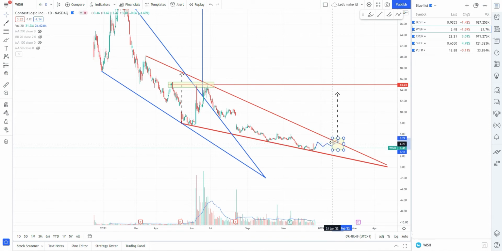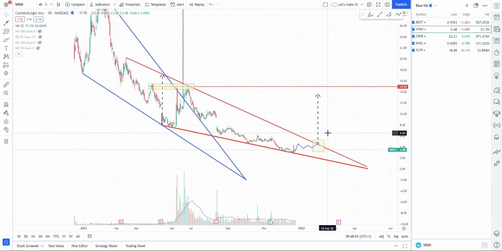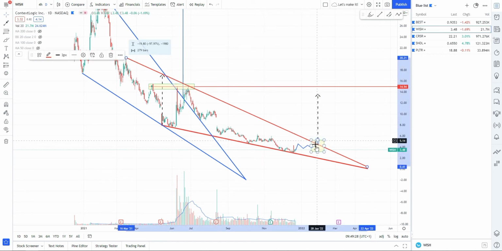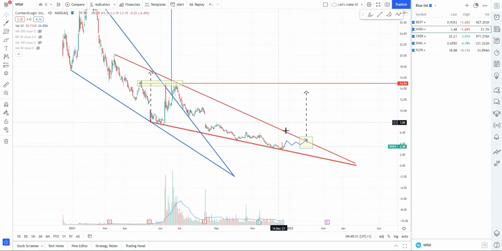My area of interest to see an upward breakout of this wedge with a very strong movement, again my personal opinion based on studies of historical movements and statistics, might be around the middle or end of January. So what I would expect in the medium term is for the price to make this movement here. This is just an example. I'm not saying that this would be the exact retracement, but I would expect the price to dance within this wedge still, trying to head to this descending red trend line, trying to find a breakout point somewhere here.